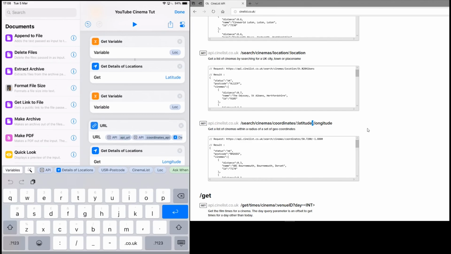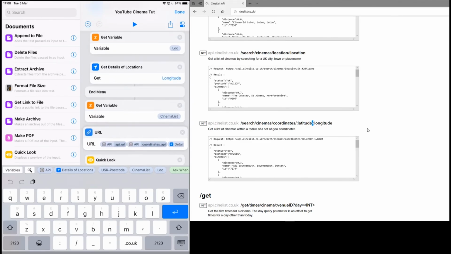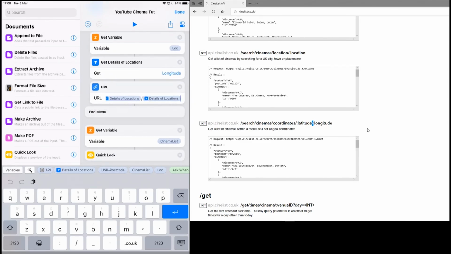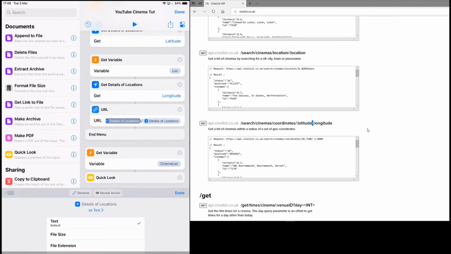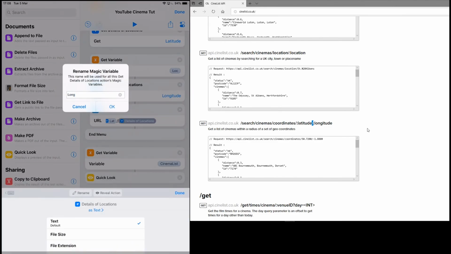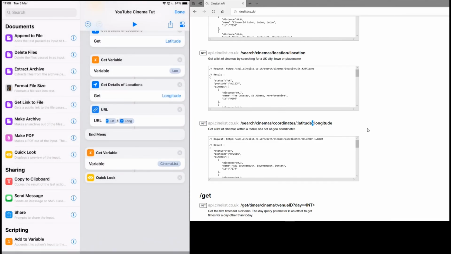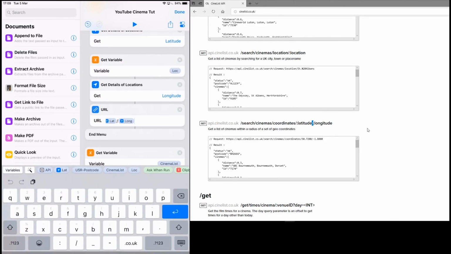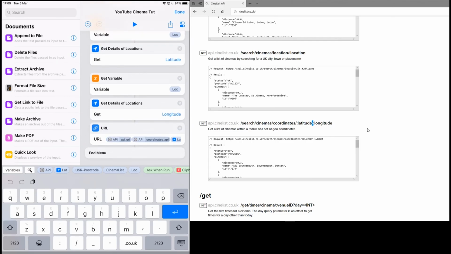And that right there would work perfectly. You could even rename these if you wanted to. I recommend renaming things as and when you can, because then if you do use them at any other point in the shortcut, they're already renamed perfectly. So that would work absolutely fine. That would get the location, it would set a variable, it would get the bits of information that we need, and then